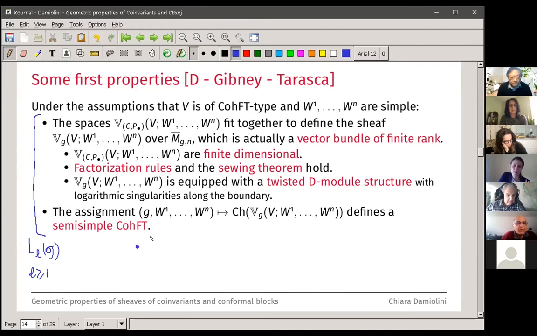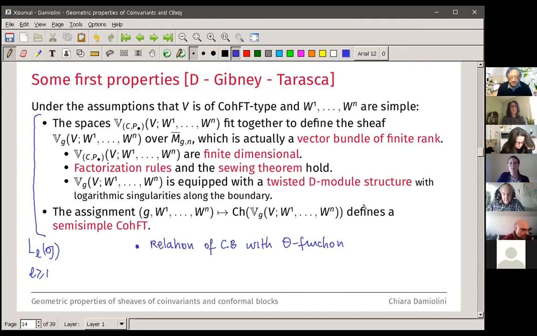One of these properties, which I will not discuss today, but I'd like to understand whether it's possible to generalize, is the relation of conformal blocks with theta functions, meaning there is some sort of modular interpretation. If I take the conformal blocks, which means the dual of coinvariants, this naturally describes global sections on a moduli space. But the second property I want to discuss today is the fact that if I am on genus 0,